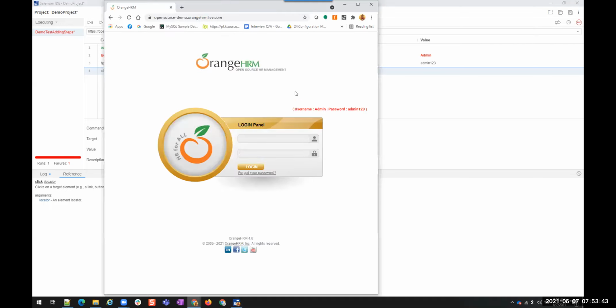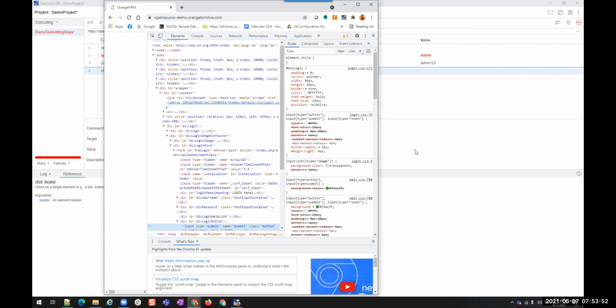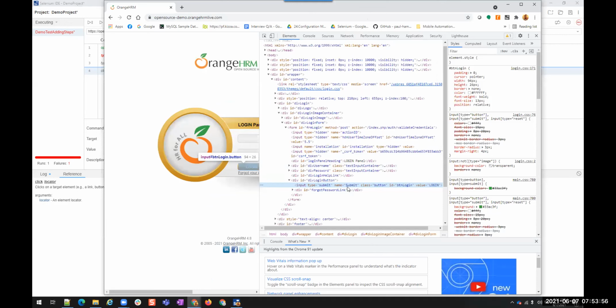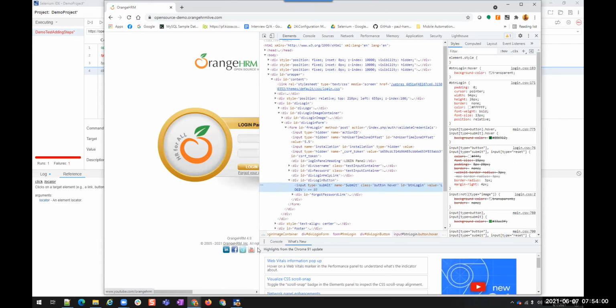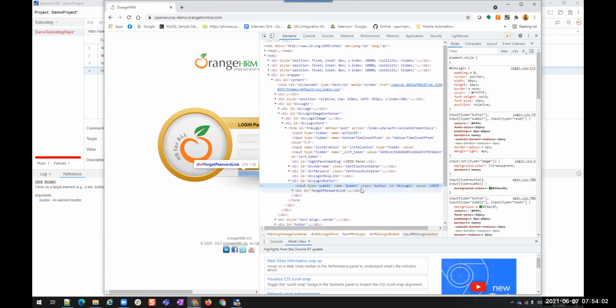Or if I don't want to use that inspect, I want to write my own, then right click on this button, inspect, you will see the developer options. On these developer options, you will have some properties, HTML properties. Once I right click and inspect, you will see a blue color line on that particular element, and it is highlighting the login button.